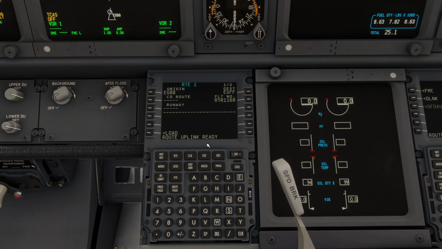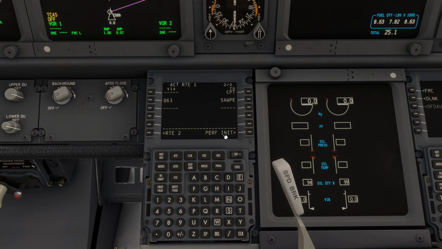And once that flight route uplink comes up, click on load, and that then will load our flight plan into the FMC. And click on next page, it'll all start to filter through, and we can then click on activate and execute,